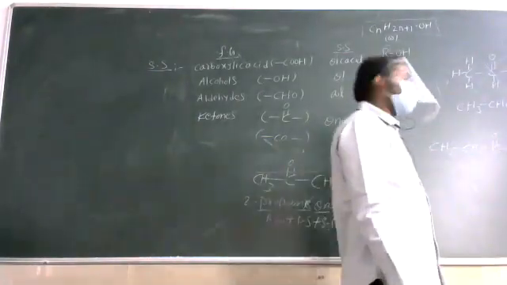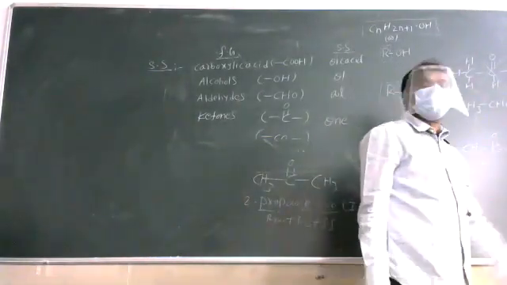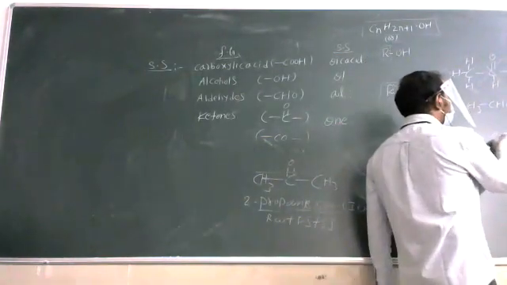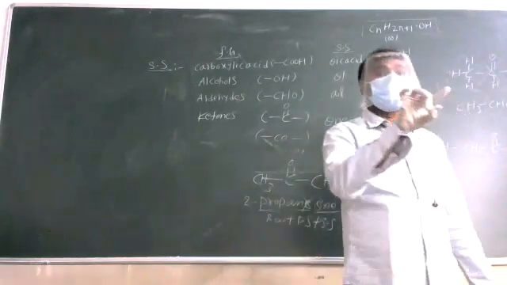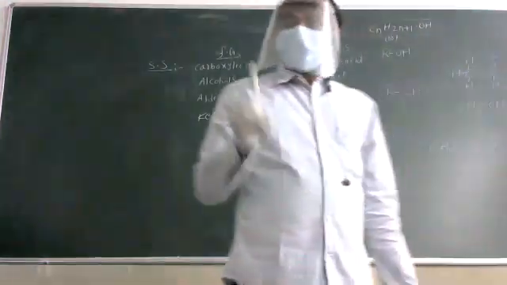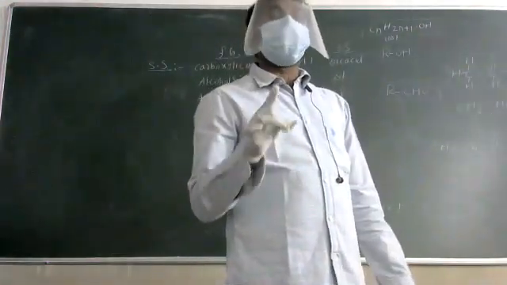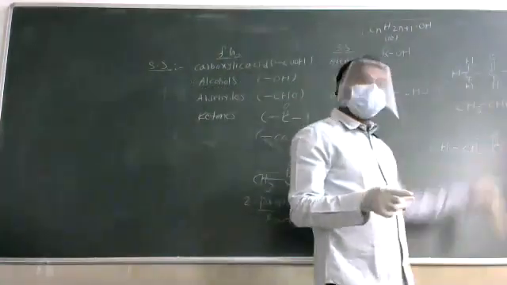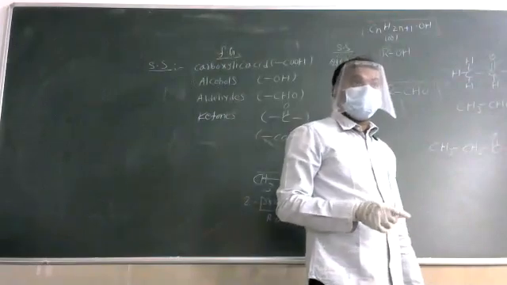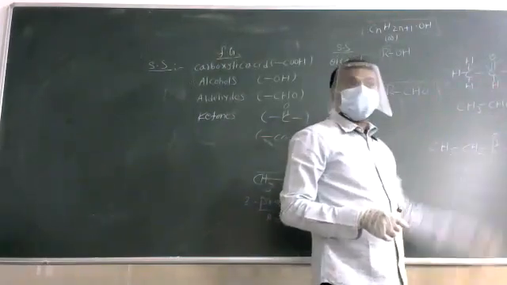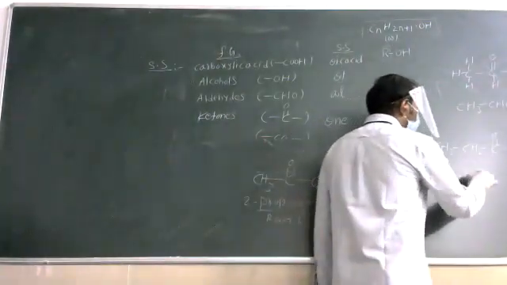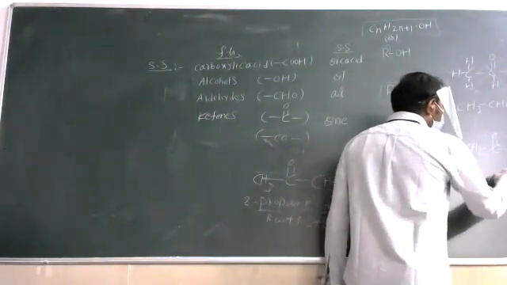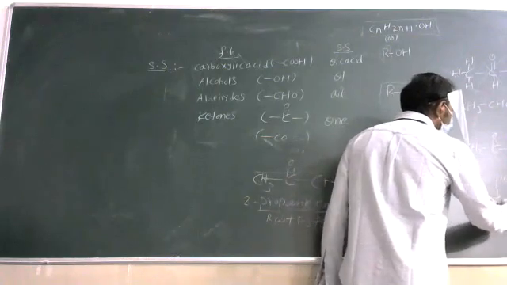So here the total number of carbons is 3, 4, 5, 6: hex. Carbon single bond. Don't consider the carbon-oxygen double bond here. But we want the carbon-carbon double bond, that is E. The carbon-oxygen double bond is not a primary suffix. Six carbons, hex, is the root word. Carbon single bond is the primary suffix.